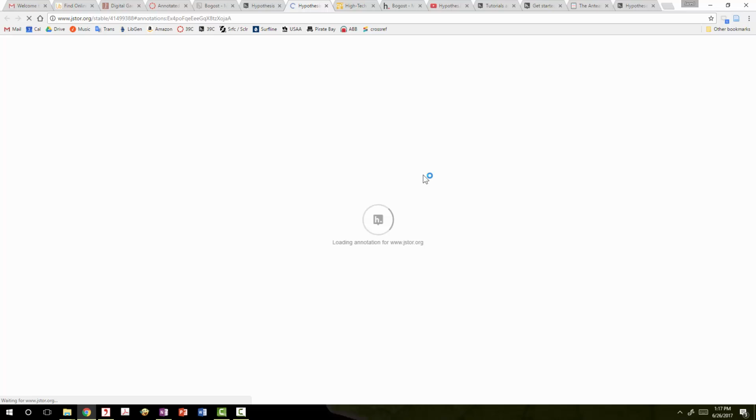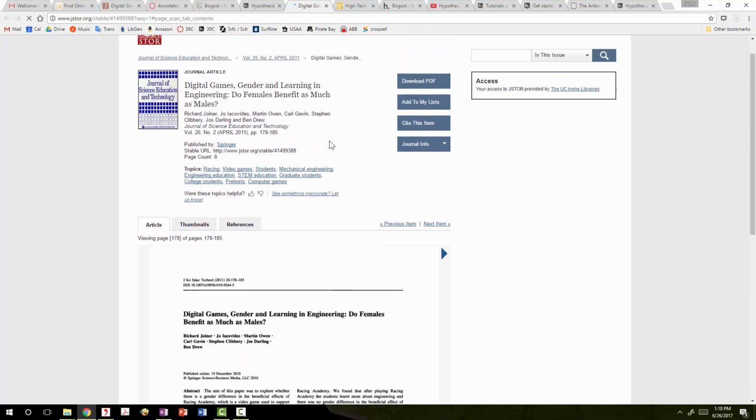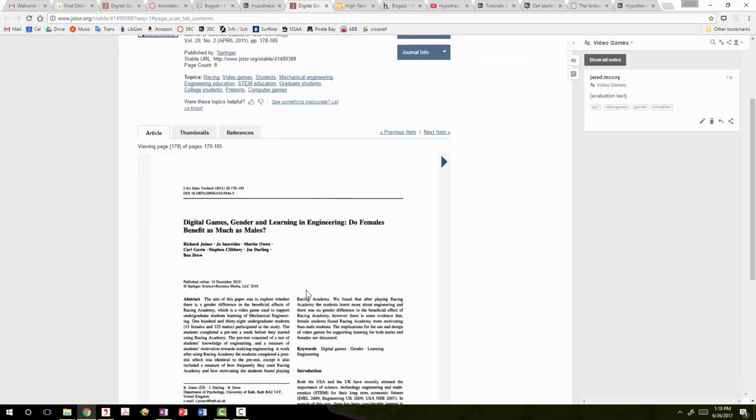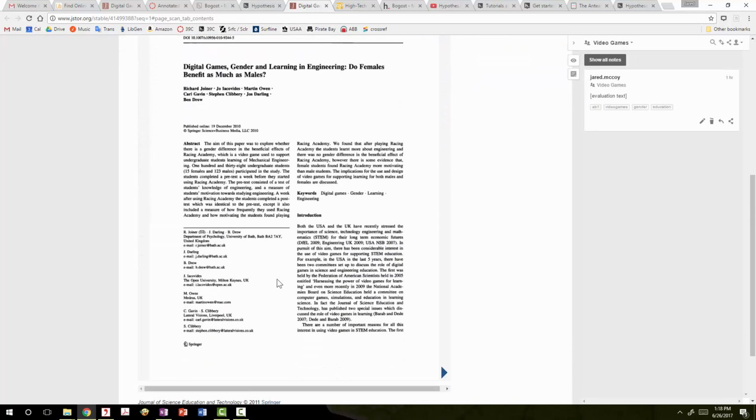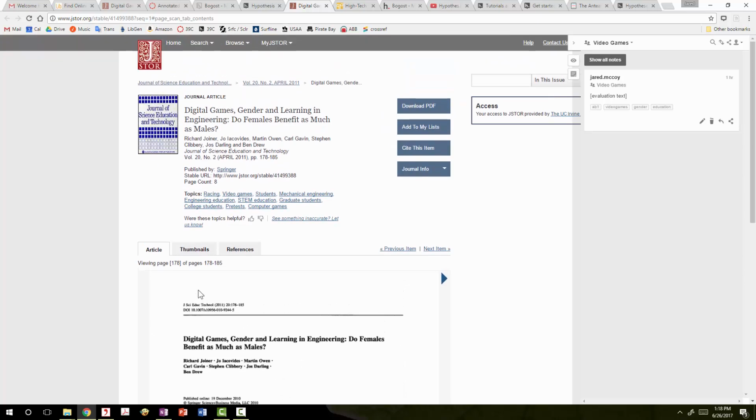Many sources probably won't be available in full eText version, PDF copies of journal articles, for instance. To include these sources in your bibliography, you want to choose the Page Note option instead of the Highlight Annotation option. You'll get the same text pane and tag field as before. The only real difference is that you'll need to type out the quotations from the PDF manually, if it's one of the 2 of the 5 sources you're choosing to annotate.